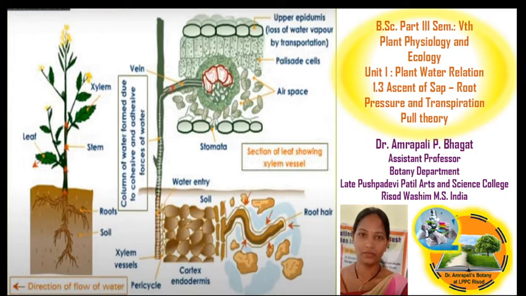This complete pathway is opposite to the gravitational force, and when water is transferred against gravitational force, there is development of the transpiration pull theory, as well as the creation of root pressure. In this way there are two supporting theories, the root pressure theory and the transpiration pull theory, which support the ascent of sap. Now today we will learn how the ascent of sap actually works.